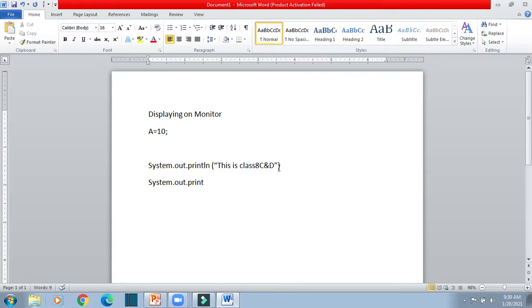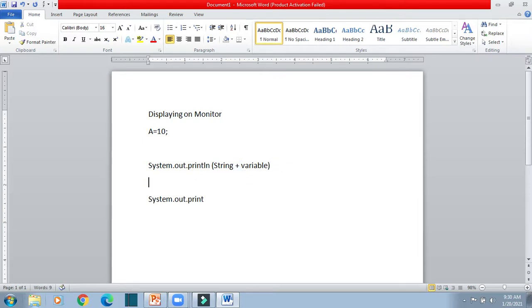One more thing you can do, you can write string plus variable both. Here plus is working as the concatenation operator.